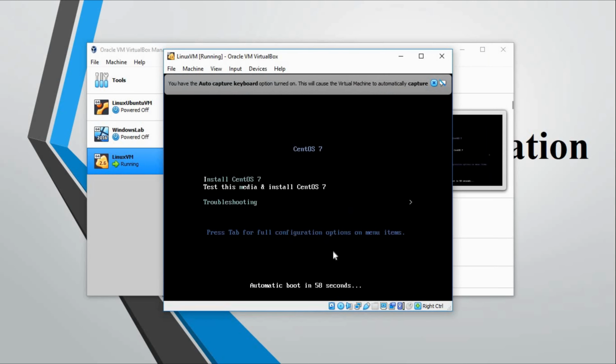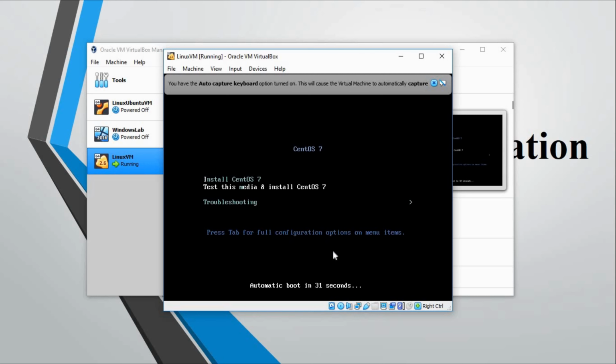Okay, on this page by default it will come on Test this media and install CentOS 7. Sometimes it is good when you are installing with an actual CD-ROM, the physical ROM, because some CDs have scratches on them and it could impact the installation.